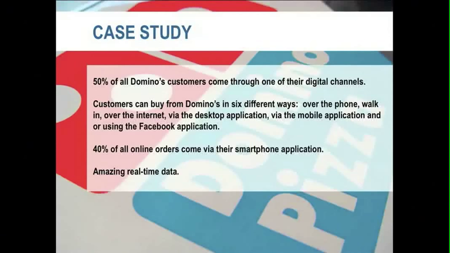So that is the customer downloading the Domino's application, putting in their information, adding their credit card details, selecting the pizza that they want to buy, pressing order, and either going down and picking it up or getting it delivered to their house. So 40% of their 50% of online sales and orders for pizza is coming from mobile phones. And this is, I think, a bit of a snapshot as to what we'll expect in the future.